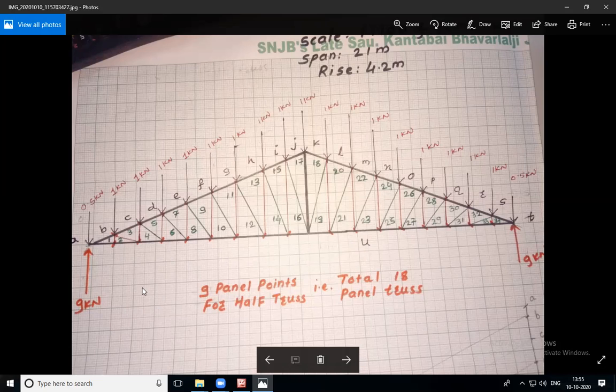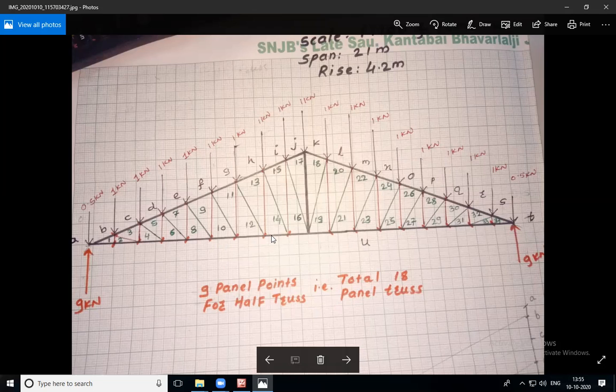So where is the maximum load present? Here, from U to A. We can also say from T to U, isn't it? But why are we going to start there? See here, basically this truss is a symmetrical truss. That means if you solve only half of the truss, you can get the values for the other half also. You calculate only half truss, then you will automatically get the values of the rest of the truss. So we are going to analyze only half truss.